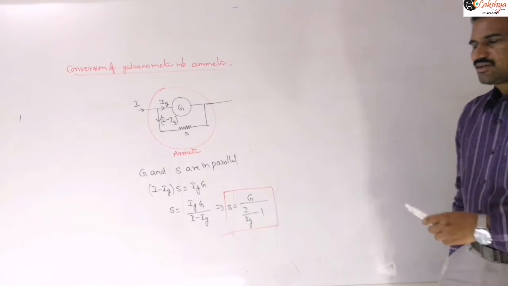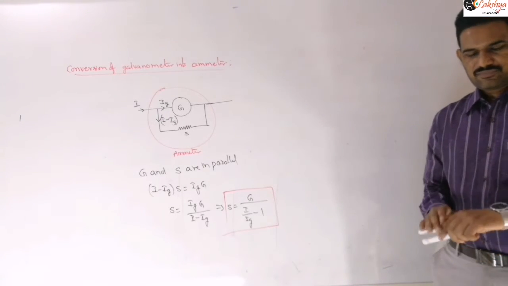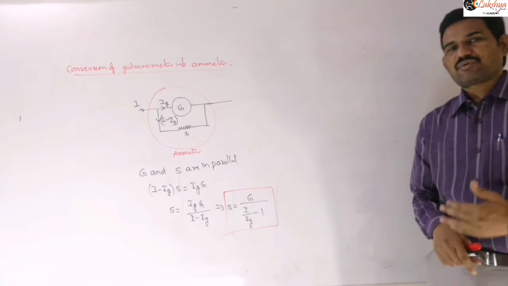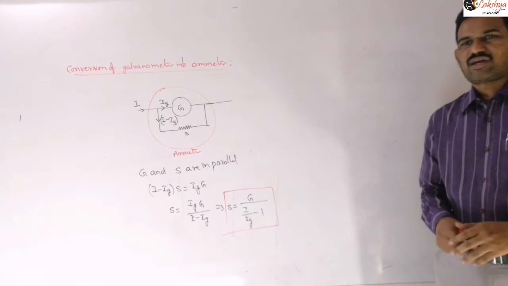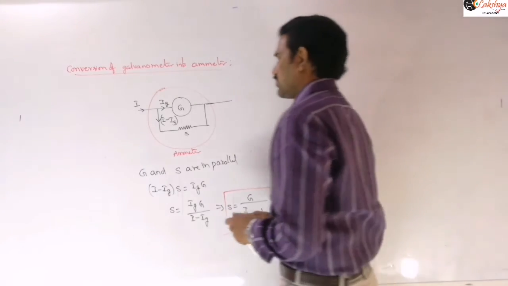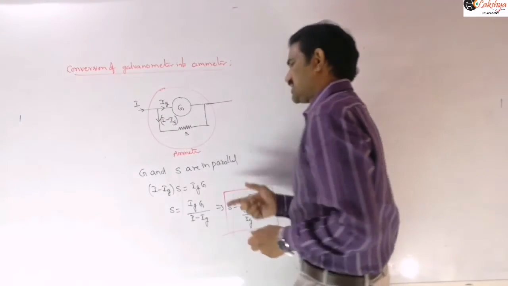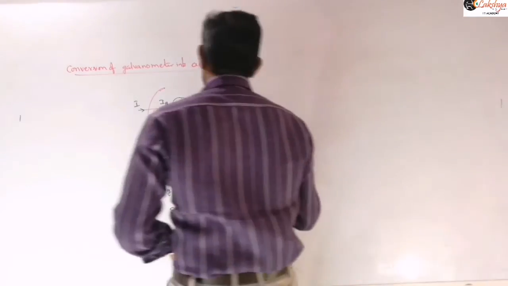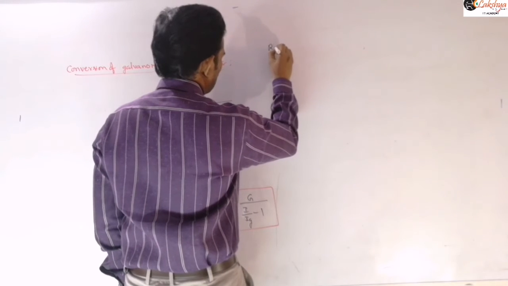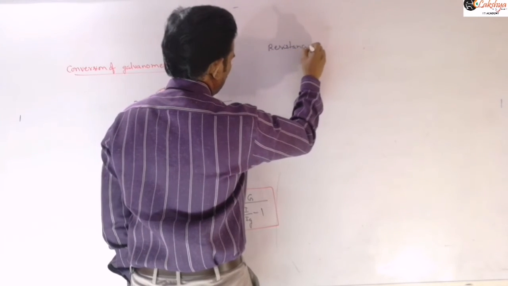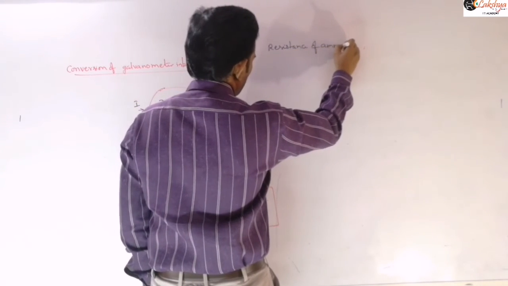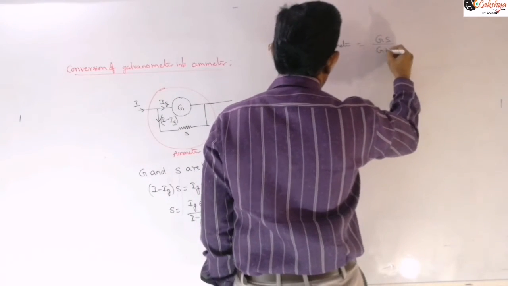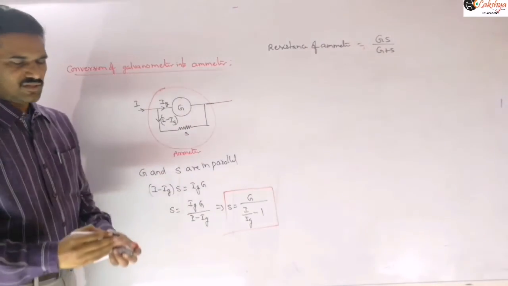And Ig is the full scale deflection current, or maximum current that can pass through the galvanometer. And in this, the total resistance of the ammeter means G into S by G plus S, we need to write here. So the resistance of the ammeter is equal to G into S by G plus S. So it is the resistance of this ammeter here, right?